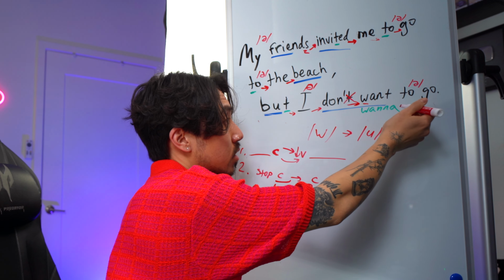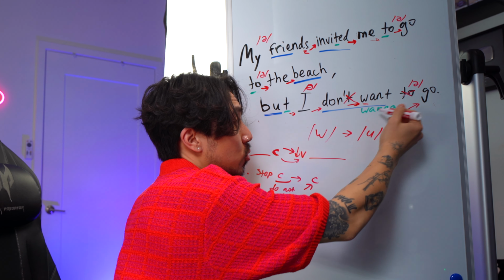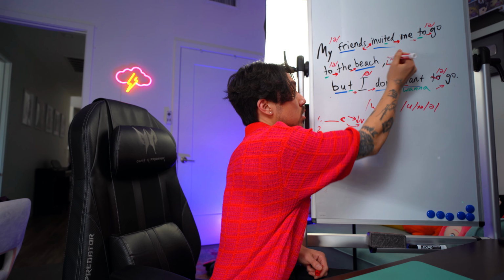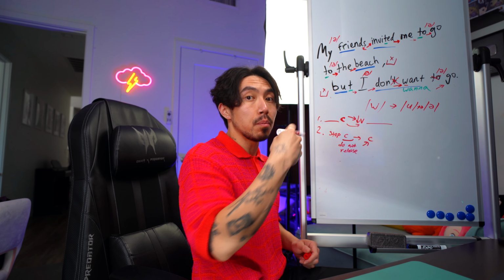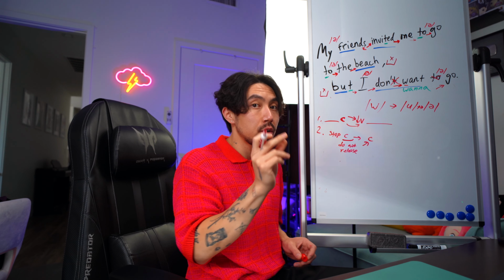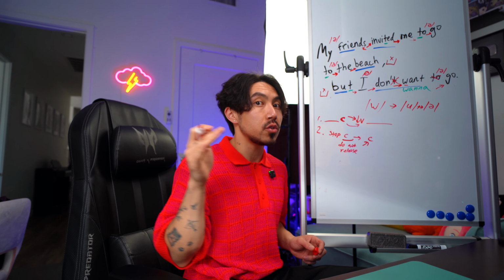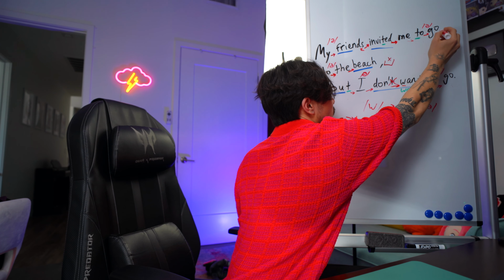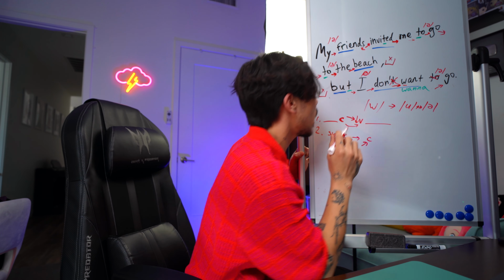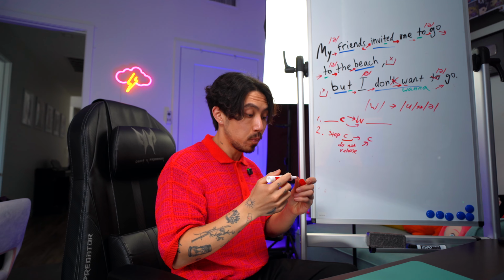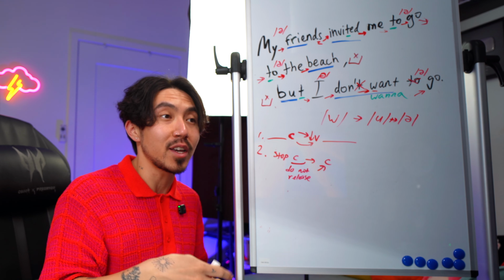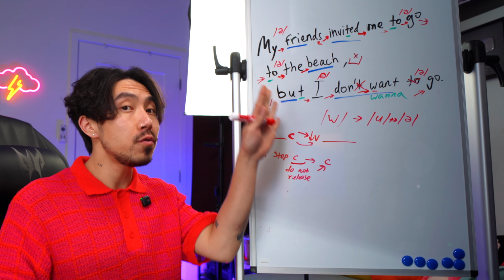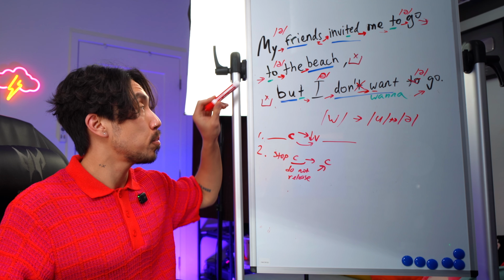And everything else is pretty simple because we don't say to because we replace both of those with wanna go. We're gonna keep the pause here just because but is such an important thing. I think stopping here for a second will emphasize the contrast even more. But everything else we can connect very easily here. And that's exactly what a native speaker is going to do. We always want to say one sentence like it's one word as much as possible. Single vibration. So with everything here, this is what we get with this sentence.